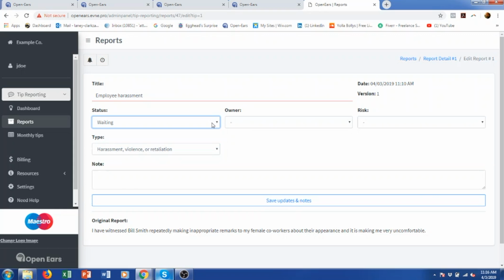We can move our tip from the status of waiting into working. Waiting is the default status that all tips will be dropped into when they're first made. And just an FYI, if you do not move a tip out of waiting status within 3 days of the tip being placed, you'll get an automated email notification from OpenEars. And this helps to basically just make sure that you don't forget about the tip and make sure that it is being addressed and being worked on. So moving it into working,